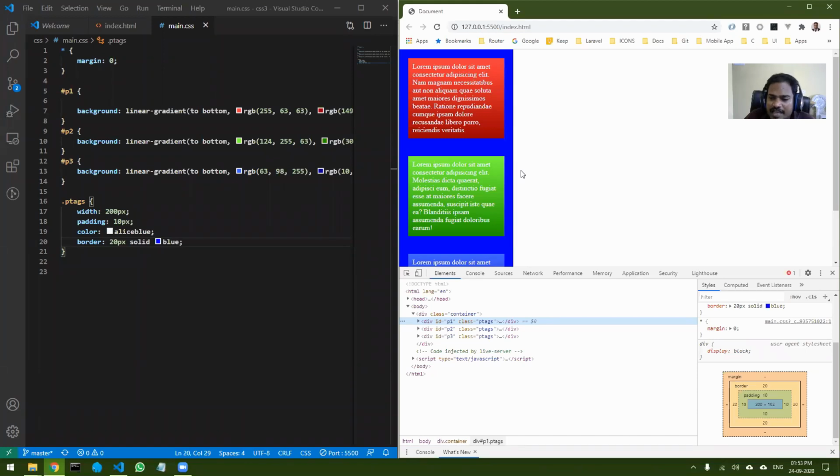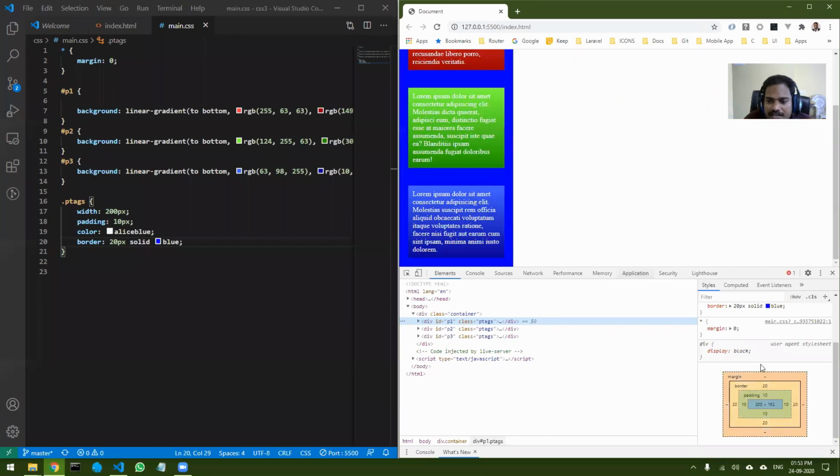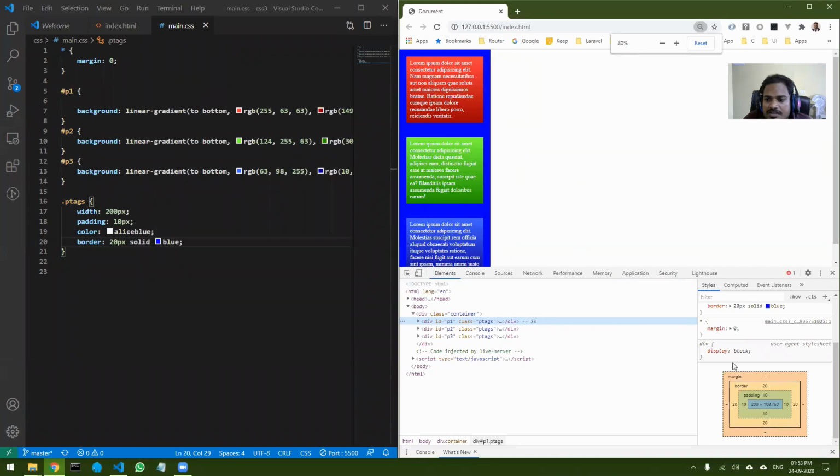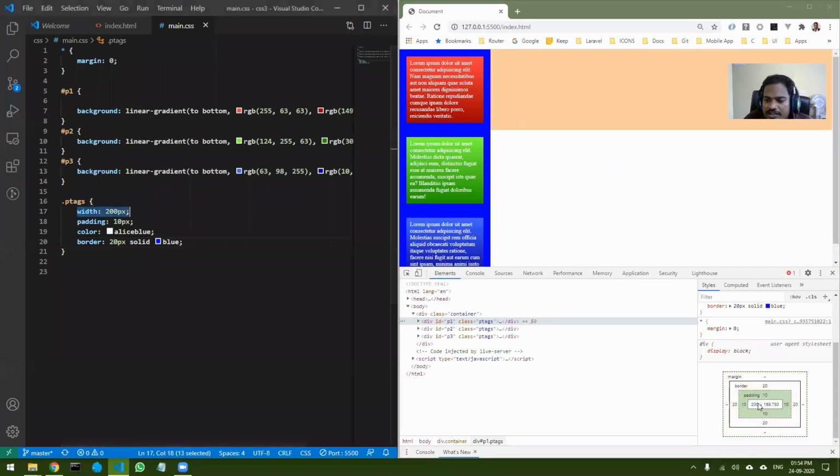Right now, just look at this. Including the margin, can I show you? Here you can see my width of the container is 200 pixels, that is what I have set over here. So the width of the container, that is the center part, is 200.